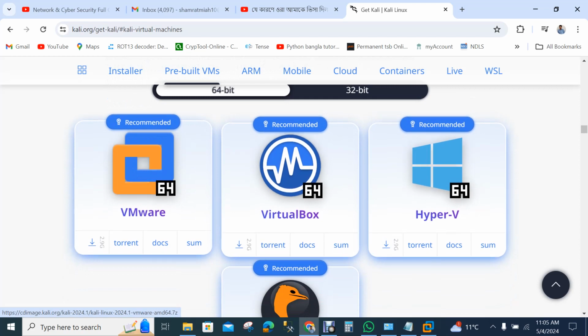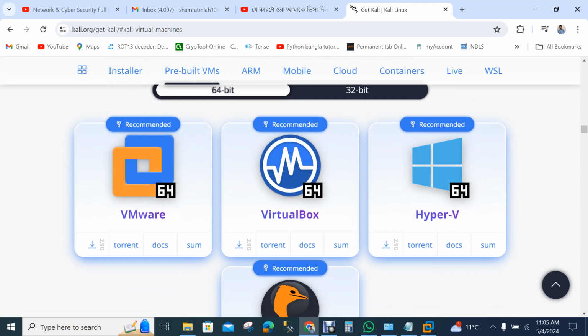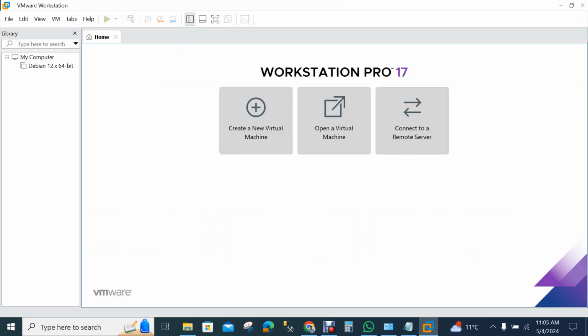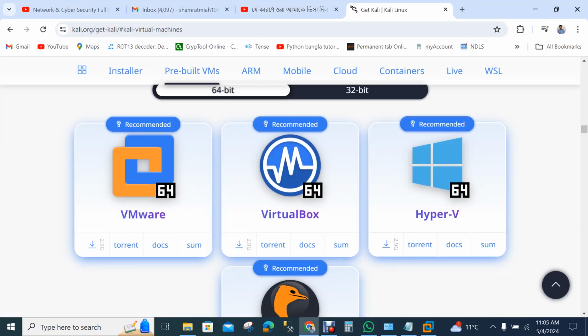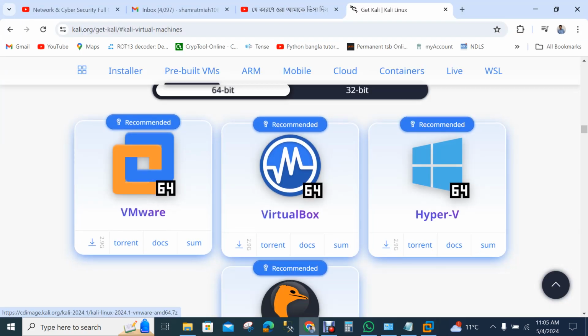If I want to download my Kali for VMware, the one I have already installed from here, that means I have to download from here.